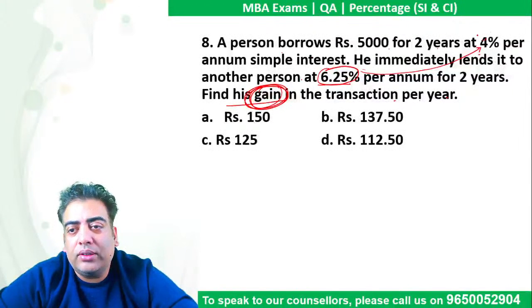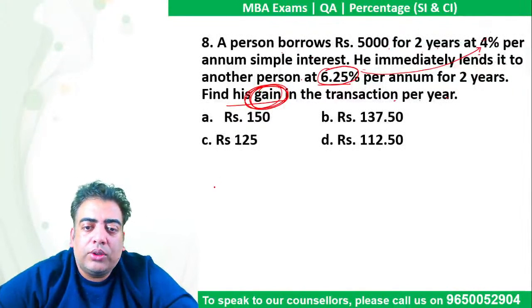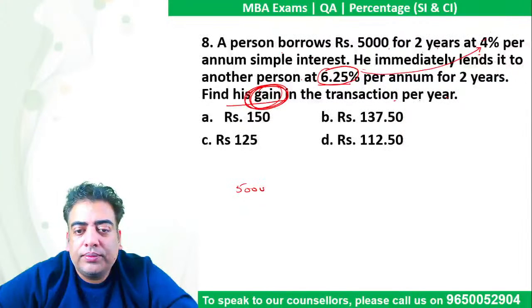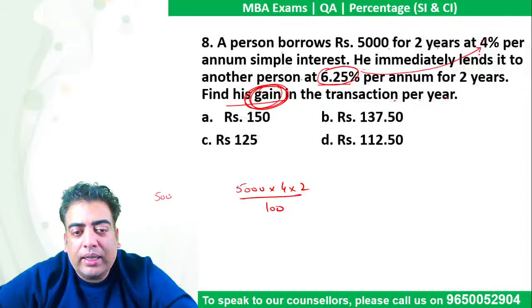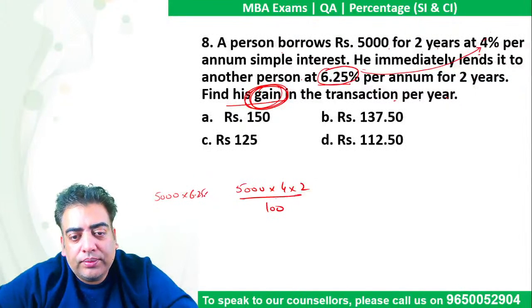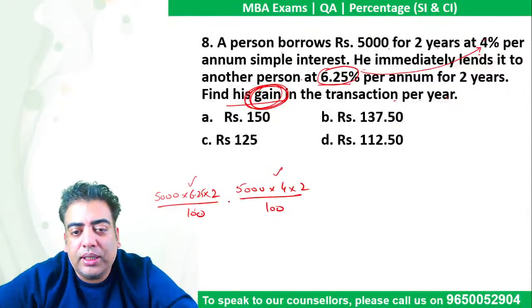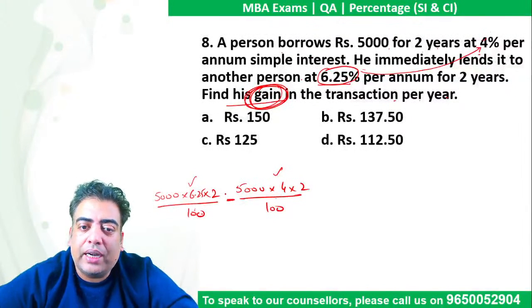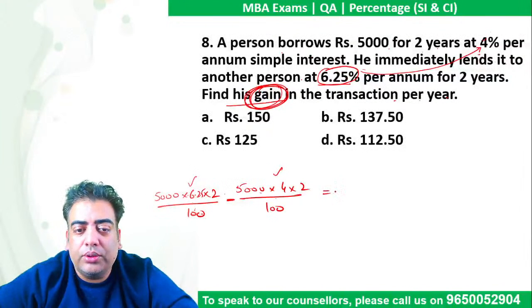So guys, please check it out. Or we can solve it separately. So if you borrow 5,000 at the rate of 4% per annum, this will be the interest value you have to pay back. And if you lend it further at the rate of 6.25 for 2 years, this will be the amount you will be getting. So out of this you will pay this much and a remainder will be with you. That will be your gain. So just do the math. Here the difference of these two comes out to be